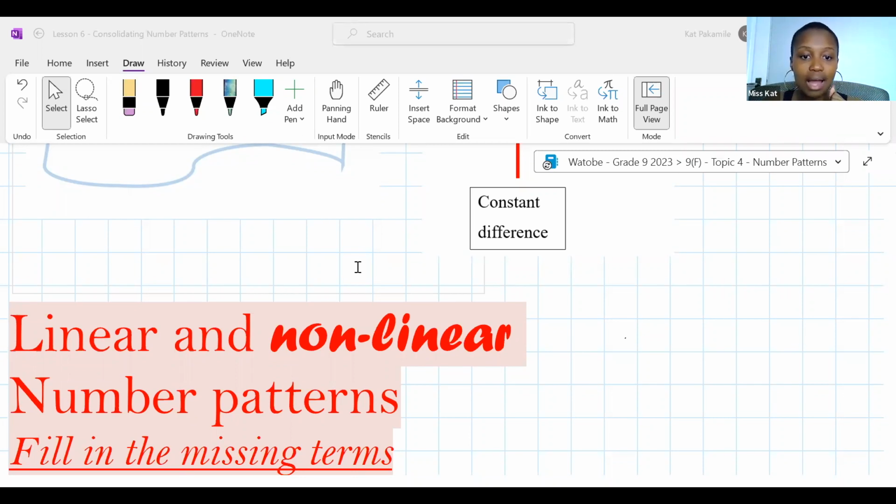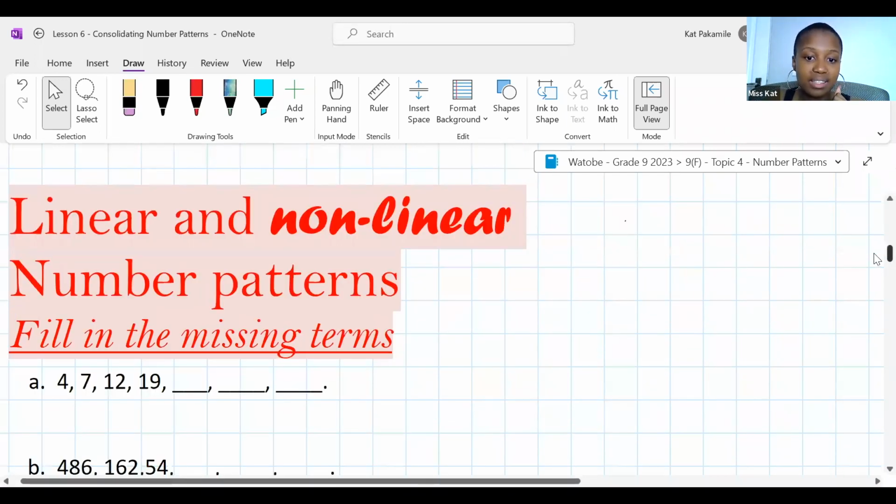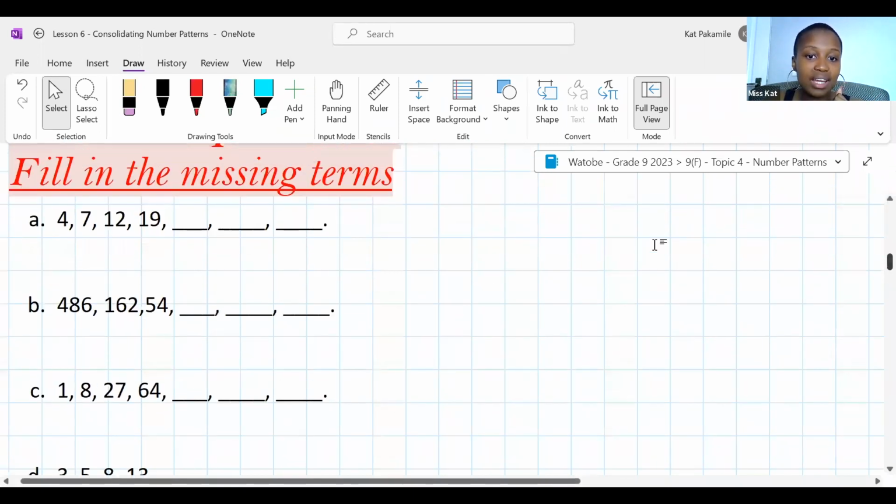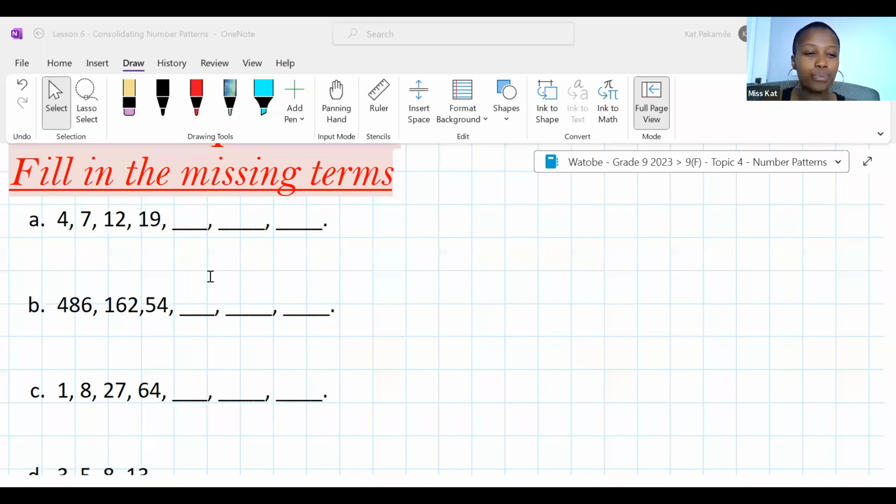Back to the lesson, guys. Back to the lesson. Okay, so we're going to start off with something easy by filling in the missing terms. Now for A, what are the 3 missing terms? We have a 4, a 7, 12,